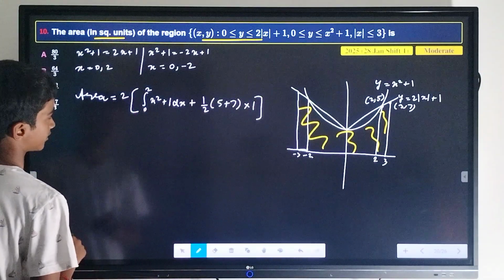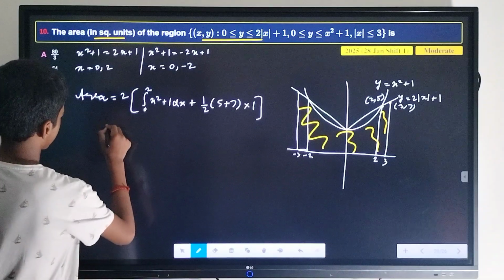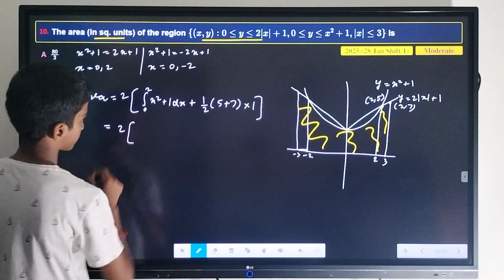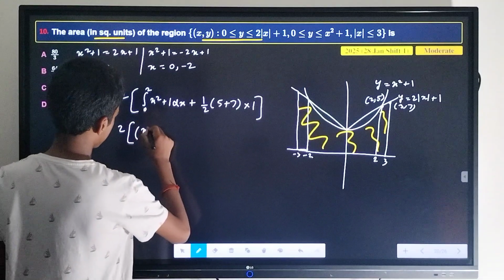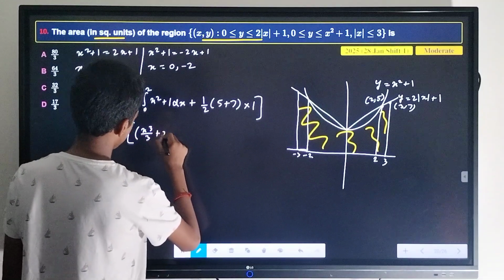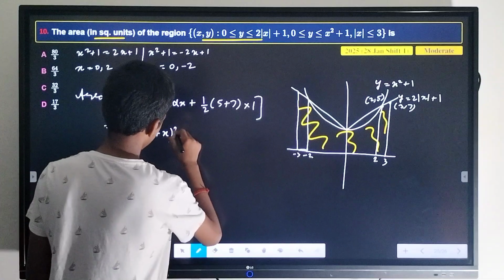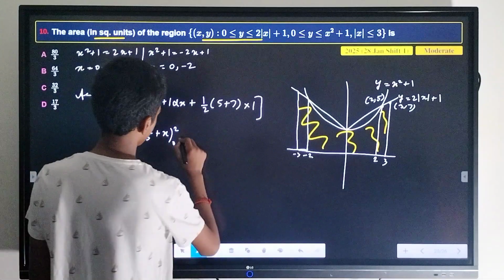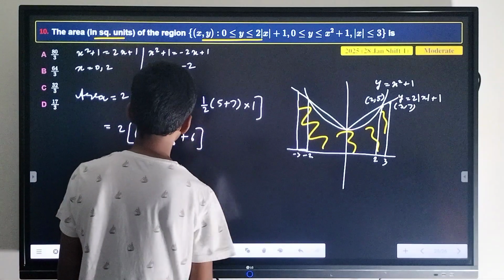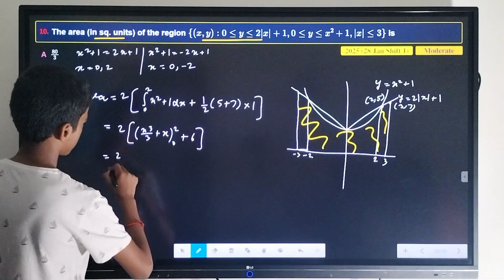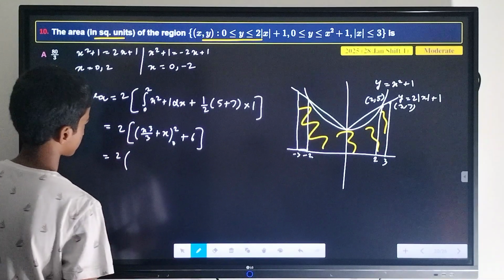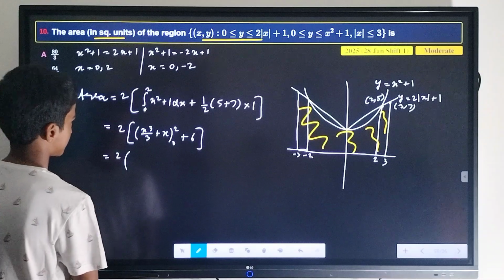So from here this is equal to 2 multiplied by x cube by 3 plus x from 0 to 2, plus 6. From here this is equal to 2 times 8 by 3